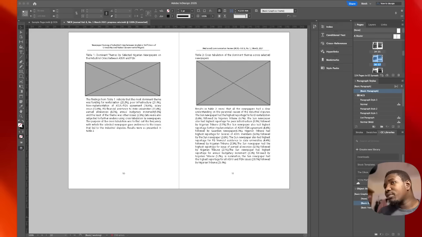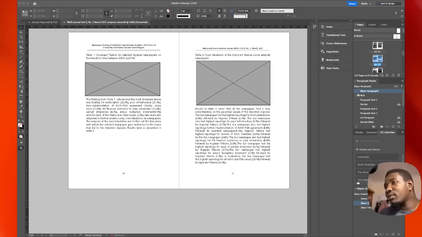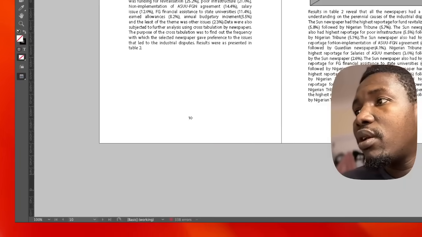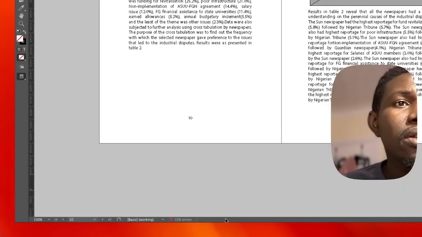You see that there are some errors here. They were not intentionally left to be errors, but they are truly errors in the documents. So okay, let's see that. Look down here. You can see there are